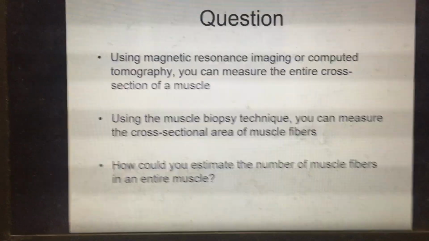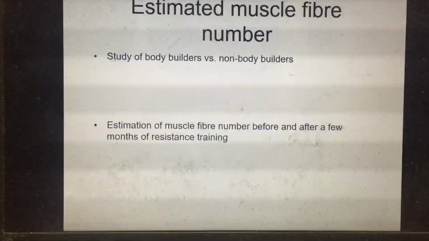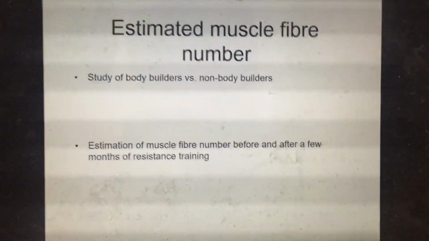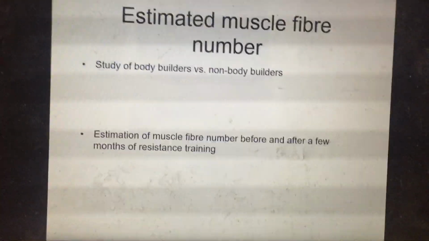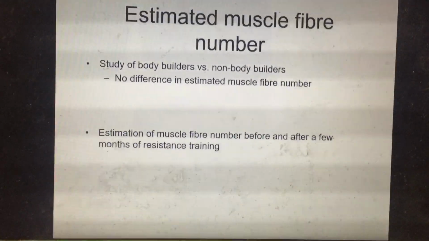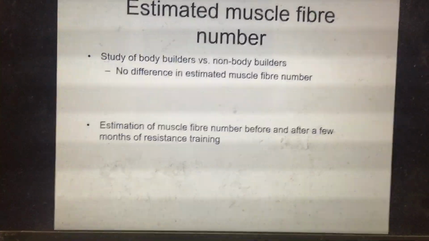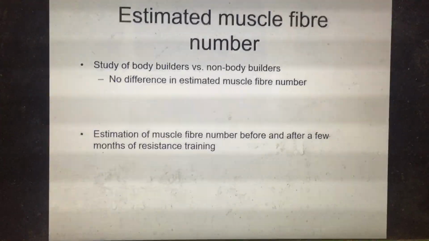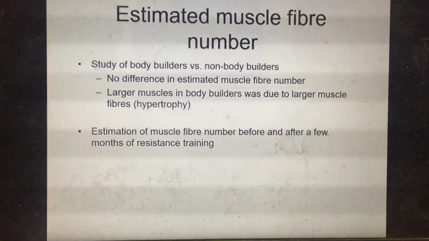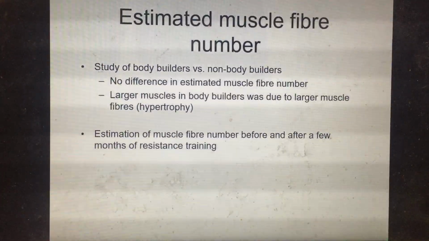So there's a couple of studies using that estimation technique. In the first study, they compared bodybuilders to non-bodybuilders, and they found that there were no differences between the two groups with regards to estimated muscle fiber number. So the larger muscles in the bodybuilders was strictly due to larger muscle fibers,